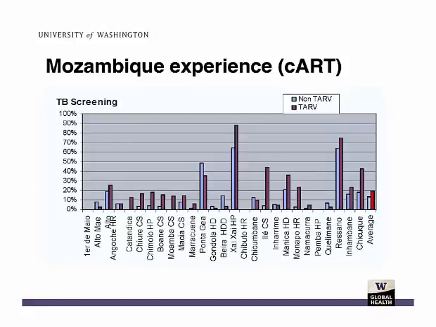What you can see here is further details of the 32 health facilities that were included in this study, looking at evidence of tuberculosis screening in patient files. And you can see two different populations here. In the red bars are those patients who are on antiretroviral therapy, and in the blue bars, those who had not yet initiated antiretroviral therapy.